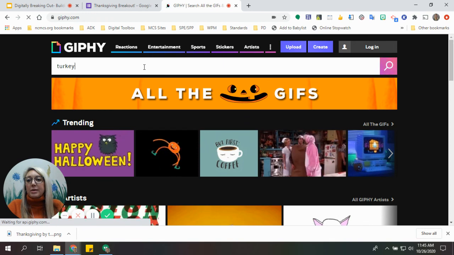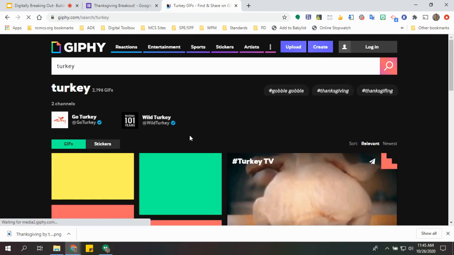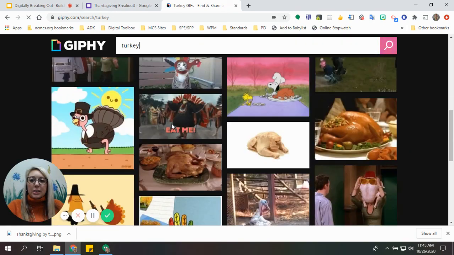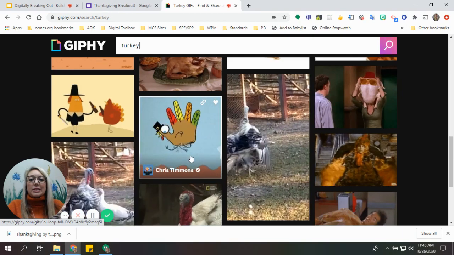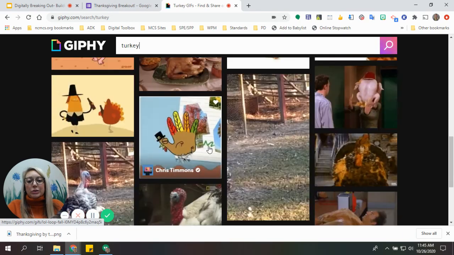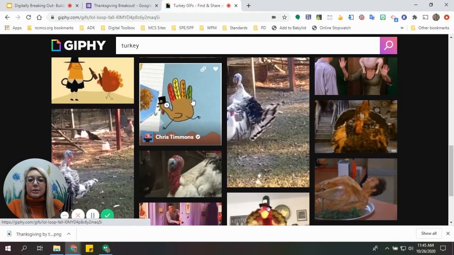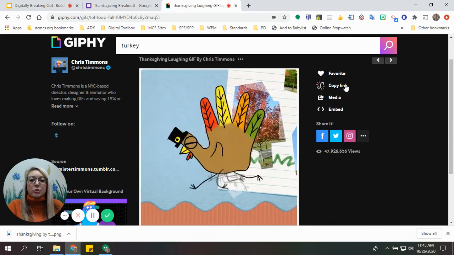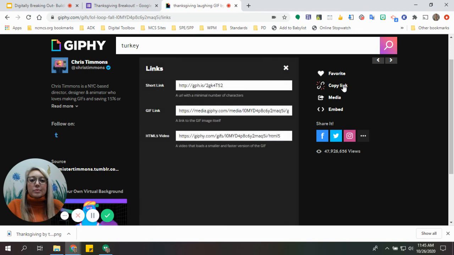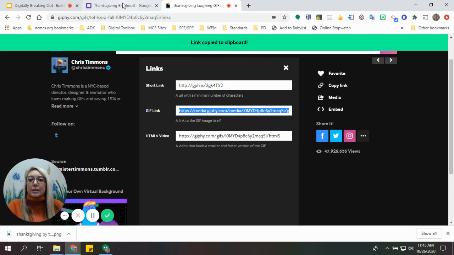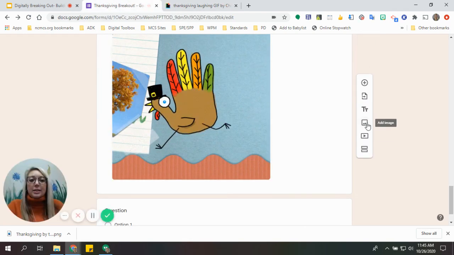I'm typing faster than my internet is loading right now. So I typed in turkey, and then I've got all of these options for a funny little turkey GIF. In this case, I felt like the cooked turkey wasn't really the point. We wanted to save him while he was still alive. So I used this little cute cartoon GIF turkey here. And I copied my link. So I'm copying the GIF link. I clicked copy link and then GIF link. And then when I clicked add image,